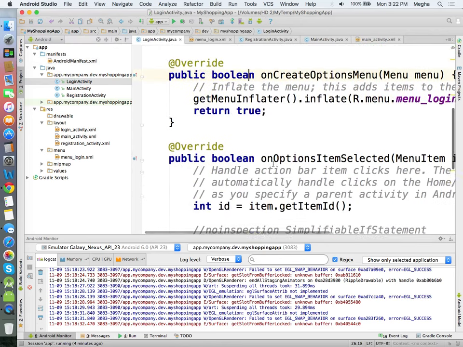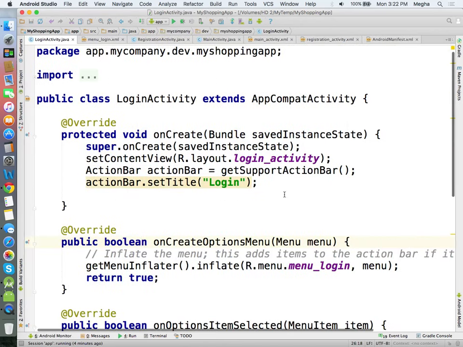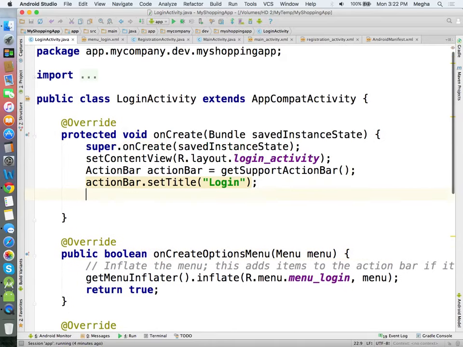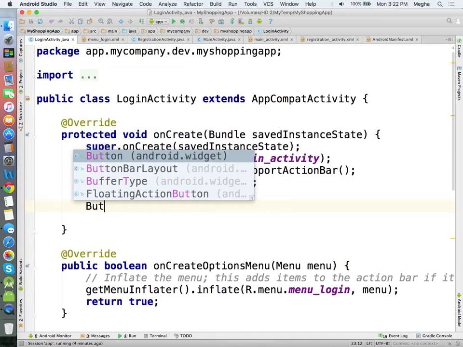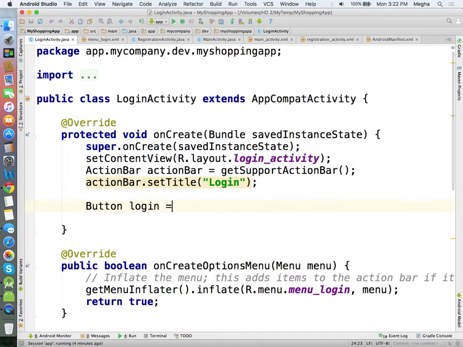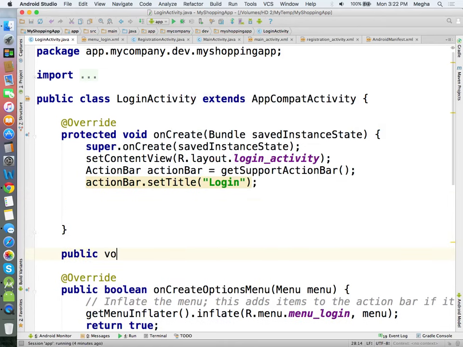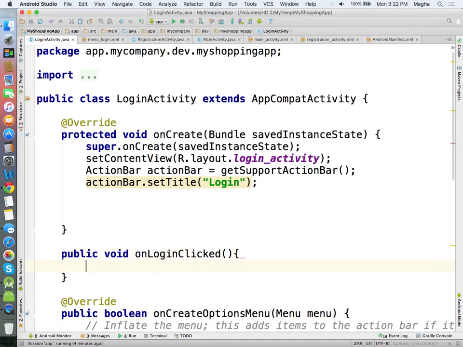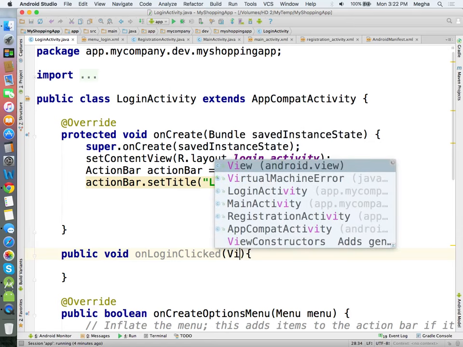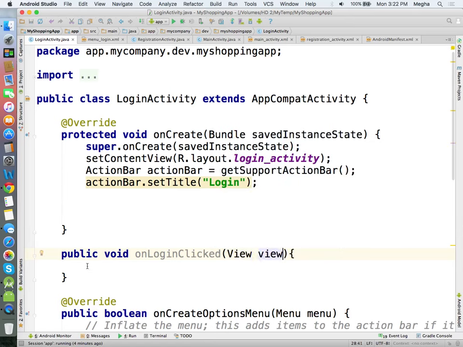So in the login activity, as soon as the user clicks on the login button, we want to take the user to the main activity. Just one single button, right? We will just implement a method, public void onLogin, a user defined method, which should have a view instance.